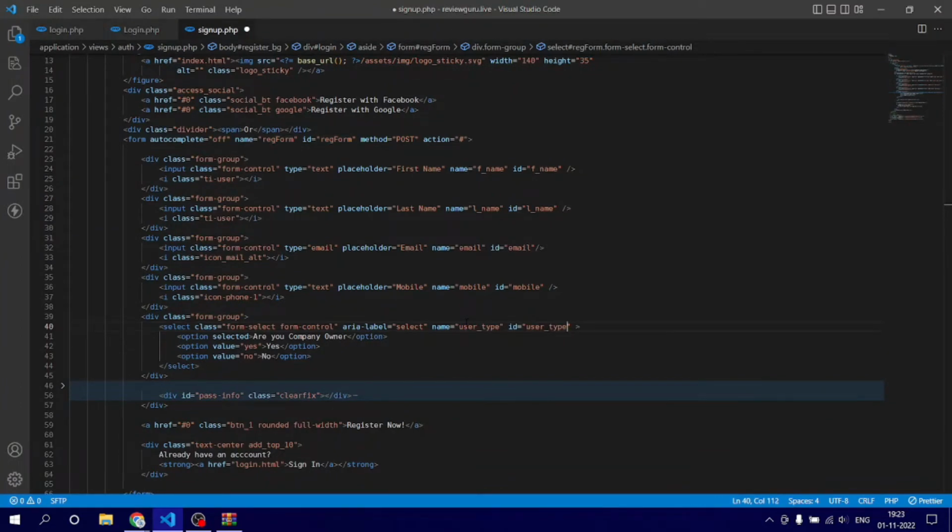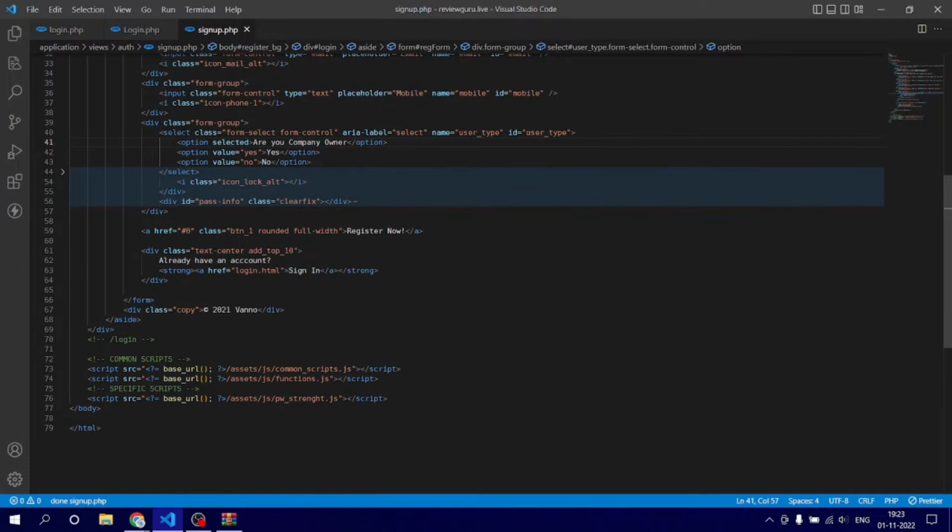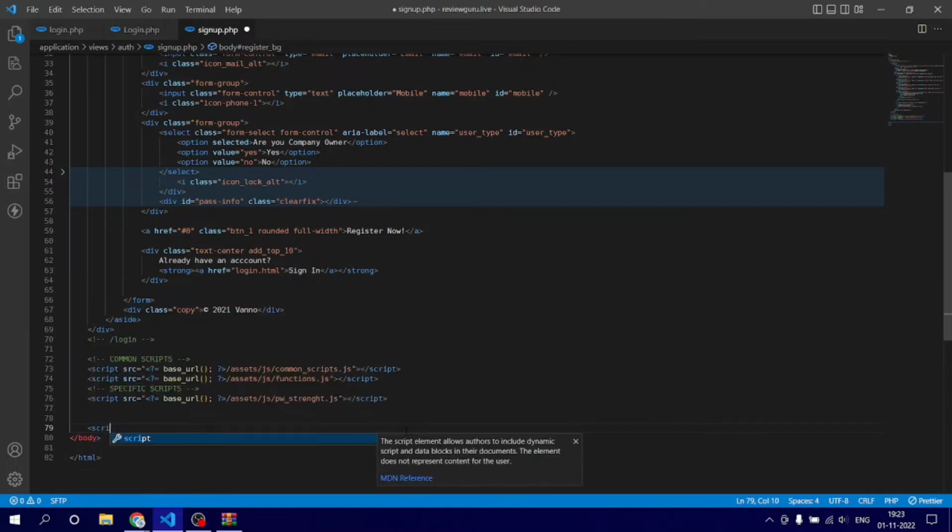Okay, fine. Now I am going to make a JavaScript function. This is the register now button, and in this button they are mentioning button 1 over here. Here what we need to do, at the bottom, we are going to create our own script. I will separate this script later on. Okay, there should be the type. The script type is text or JavaScript. Fine. Now what we need to do,